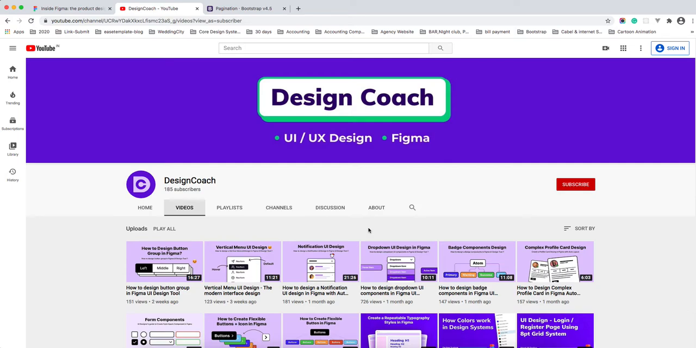Today I am going to design a pagination UI element. How to design pagination in Figma. For this we are using Bootstrap pagination as an example so you can easily understand how to create pagination UI